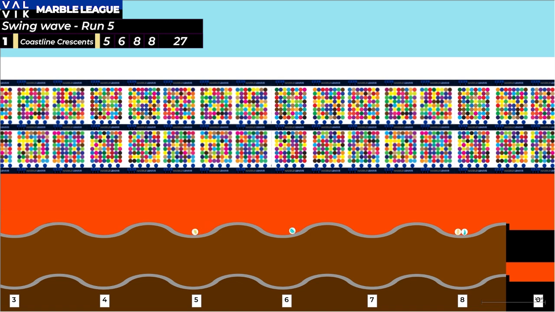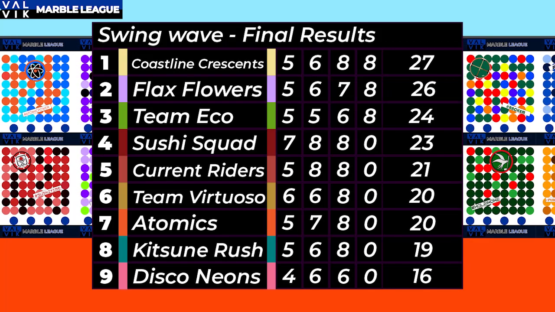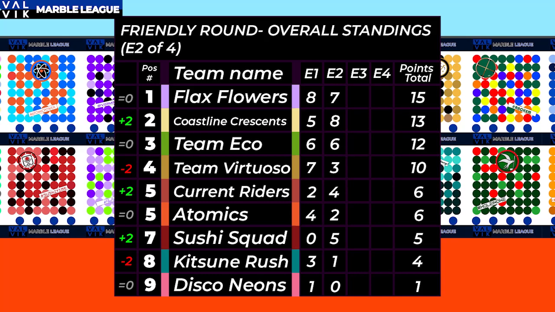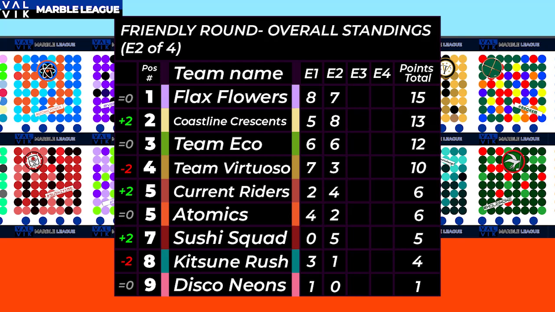And we have a new leader. It's the Coastline Crescents with 27, and they win the Swing Wave. It's Coastline Crescents in 1st, Flax Flowers in 2nd, Team Echo in 3rd, with the Sushi Squad in 4th. Flax Flowers are still in the lead though, in the friendly round, with Coastline Crescents now going into 2nd as